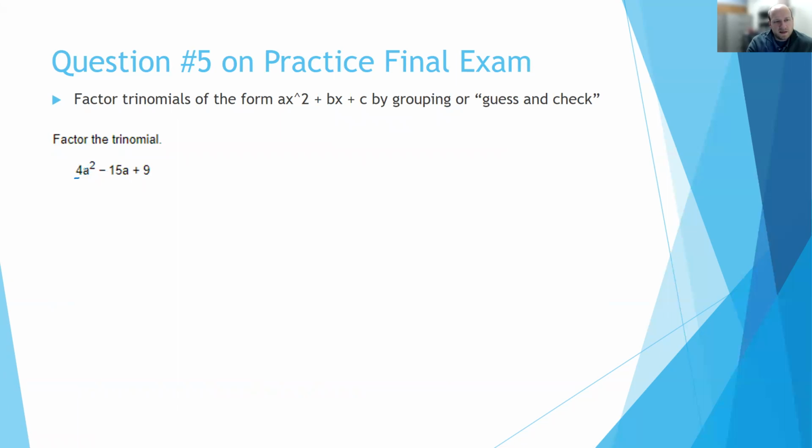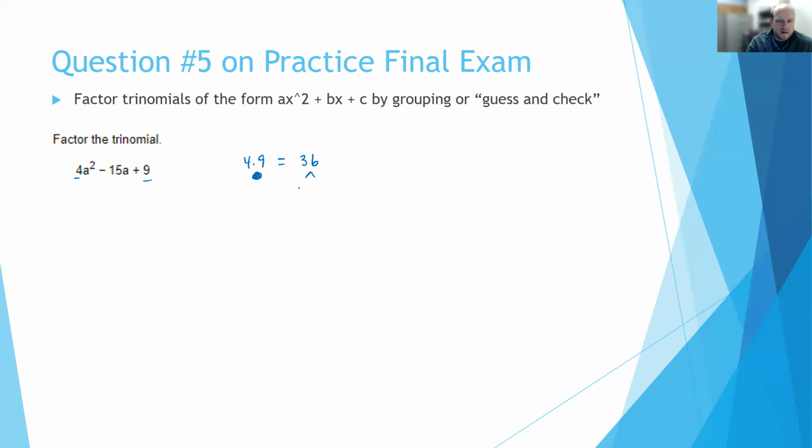First of all, you have to make sure it's in order, right? From greatest exponent to least exponent. Once it's in order, you can take the first coefficient and multiply it by the last whole number. So we multiply 4 times 9, and that gives us 36. And what we want here is factors of 36 that add to a negative